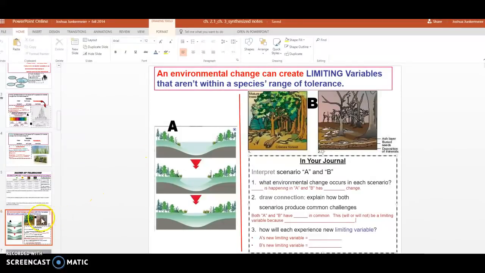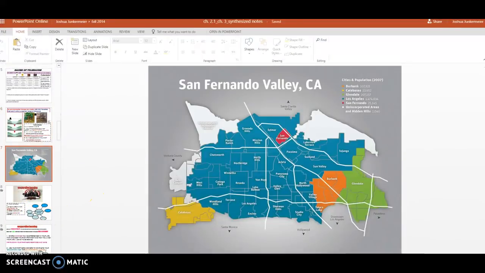All right, moving on to slide 17. Let's see what we have. This is the San Fernando Valley. This is our local environment. Now, you may or may not live in the city border of Burbank. Maybe you live in Toluca Lake. Maybe you live all the way in Pacoima and you transfer in. Maybe Glendale border. It's hard to tell the difference really between these neighborhoods. But this is where we live.